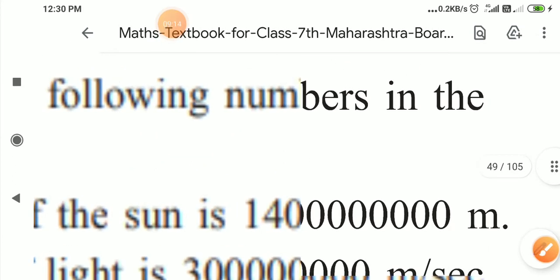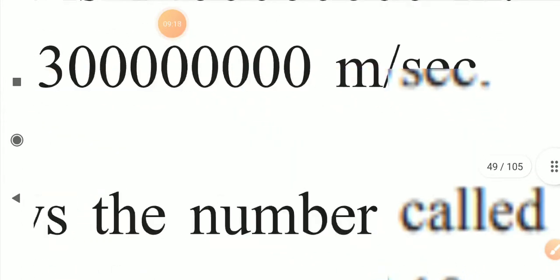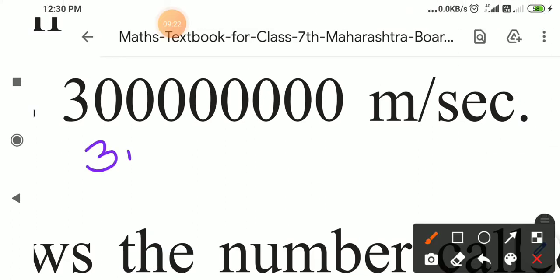Now this is also part of astronomy, and here is the velocity of light, I will write it here. When you want the point after 3, how many places will it count? 1, 2, 3, 4, 5, 6, 7, 8. 10 to the power of 8. So sometimes how to read that number is also difficult for us.